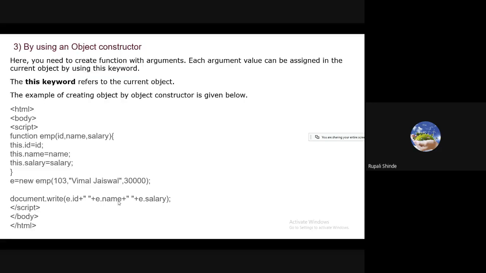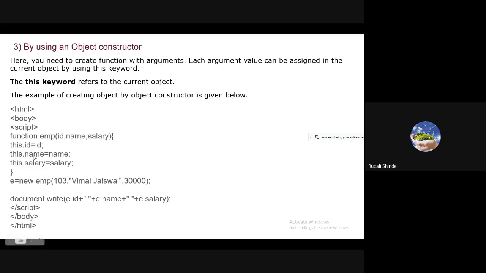Here we have to create the object whose name is emp with the help of the Object instance. Or we can say it is the instance, because Object is not a class, or we can say it is the template. By using that we can create the object emp. Now we have to specify emp.id is equal to 101, emp.name is equal to Ravi Malik, emp.salary is equal to 50,000, and just display it on the screen with the help of the document object.